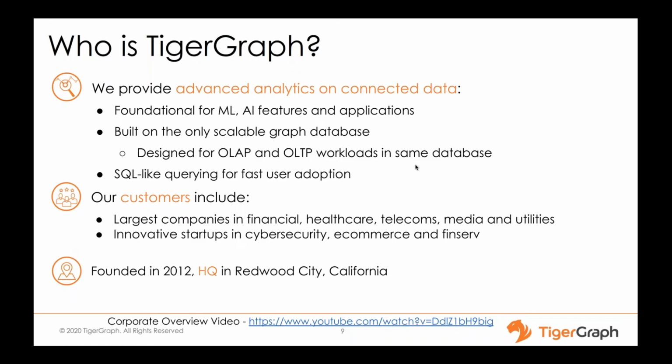So I want to present a quick overview of the TigerGraph company and our product. TigerGraph was founded in 2012 with the objective of helping customers build advanced analytics. Basically, the TigerGraph database is the foundation on which we believe you can build your data science application, ML, AI, or any advanced analytics applications. Our flagship product, the TigerGraph database, is built on an MPP architecture, which means it's a truly scalable database. Everything runs in parallel. So as your business needs grow and the size of the data grows, we are future proof in terms of the architecture.